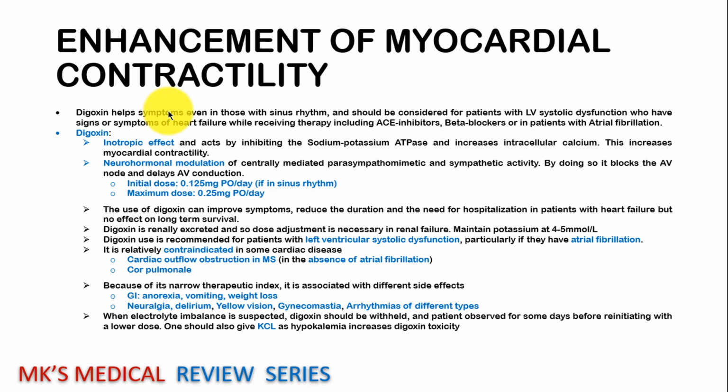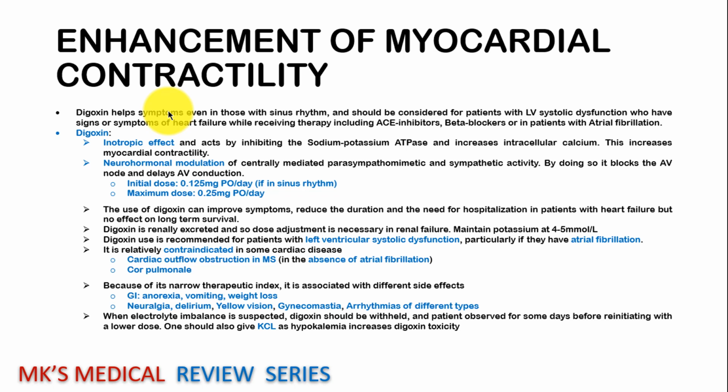Now remember how digoxin works. Digoxin is going to be working to inhibit the sodium-potassium ATPase pump such that there is intracellular accumulation of sodium, intracellular accumulation of calcium. Ergo, there's going to be contraction of the myocardium to increase the contractility. That's one way in which it works. The second way is that it also works as a neurohumoral modulator, where it actually mediates to increase the parasympathetic outflow, such that this parasympathetic outflow is going to be blocking the AV node. It's also going to be slowing down the AV conduction,